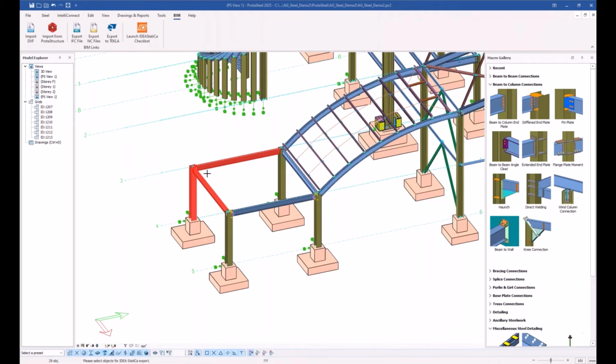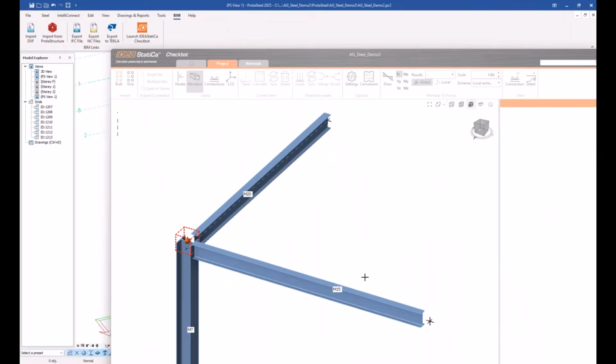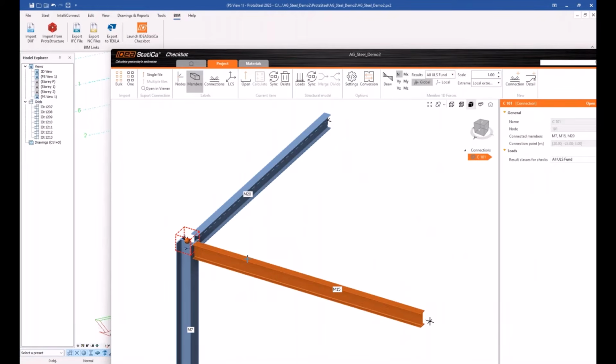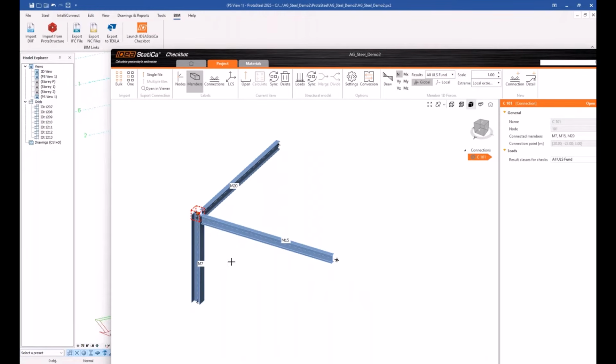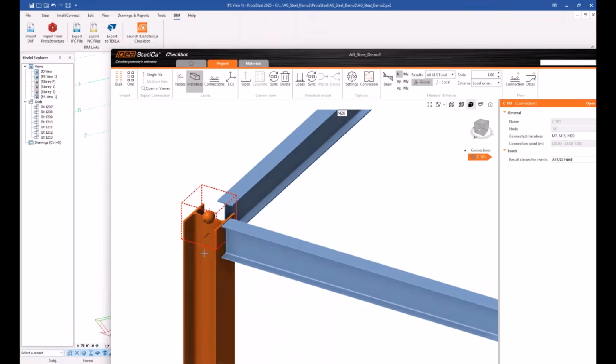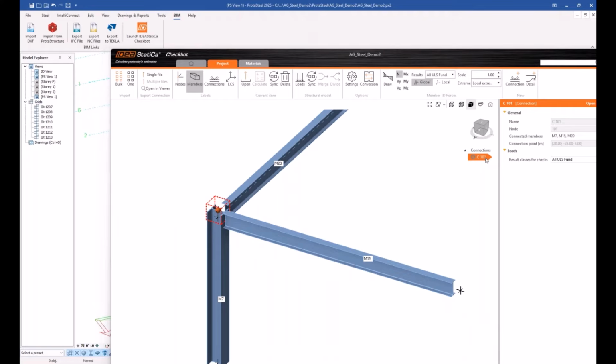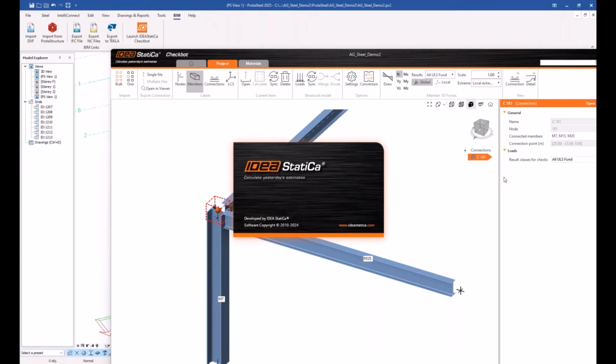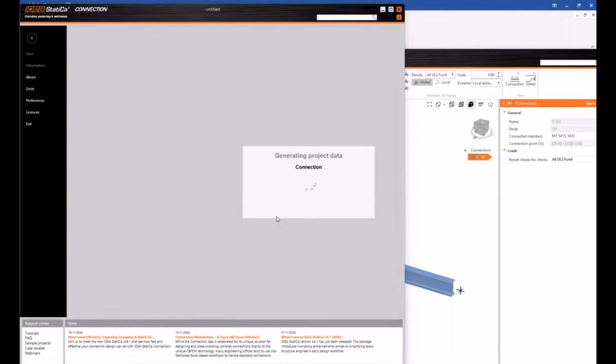I just select them in a window and right-click, and IDEA StatiCa is now processing the object model from Protosteel, so it's important. If I go here, you see that my connection is listed. I right-click and open it. So the Checkbot opens the IDEA StatiCa connection editor for this specific connection.